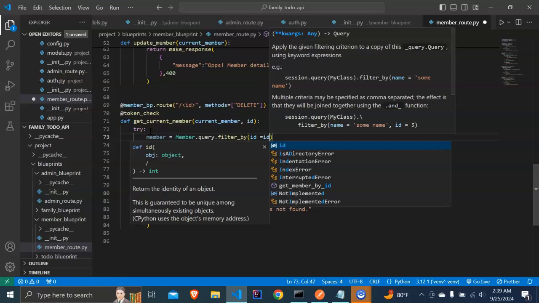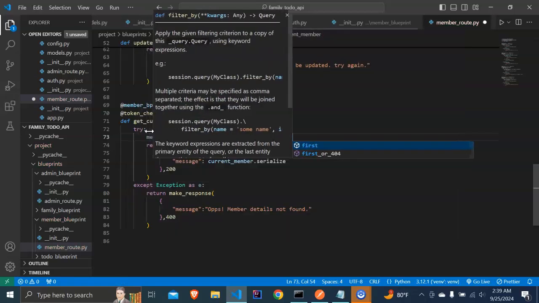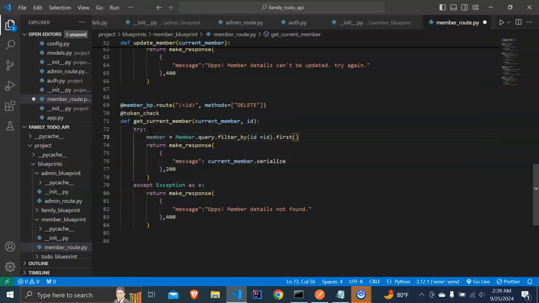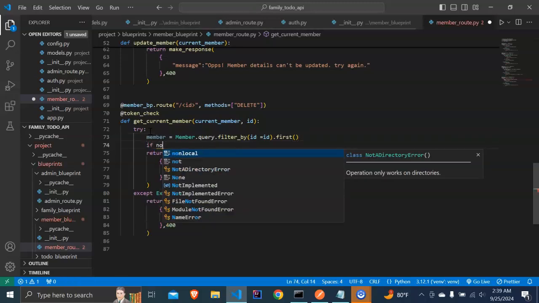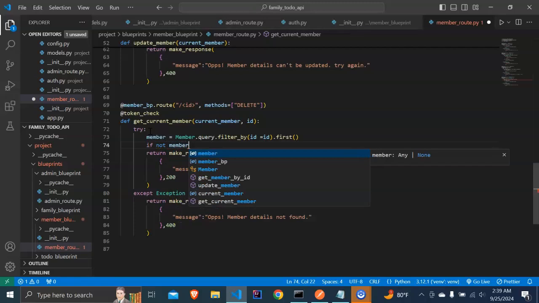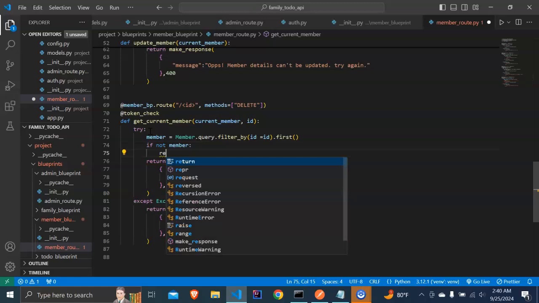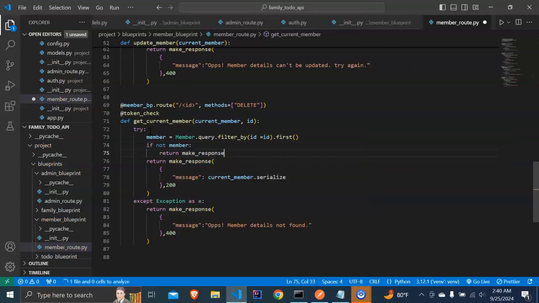So we pass the ID. I want to get the first. And we want to say if not member, what we want to say is return make response,